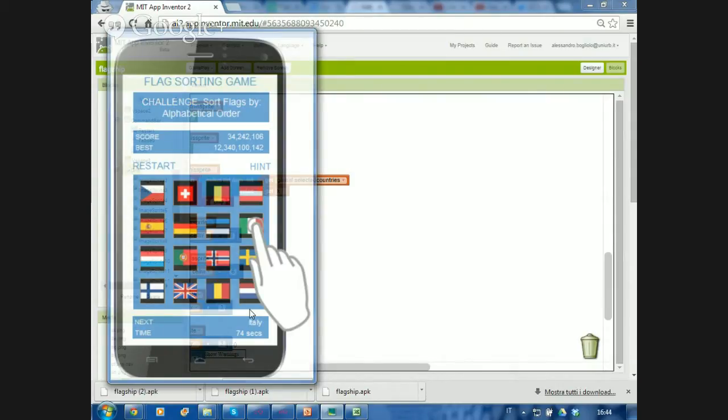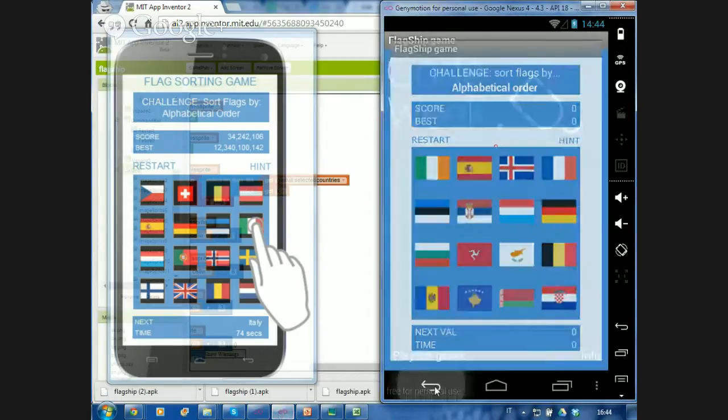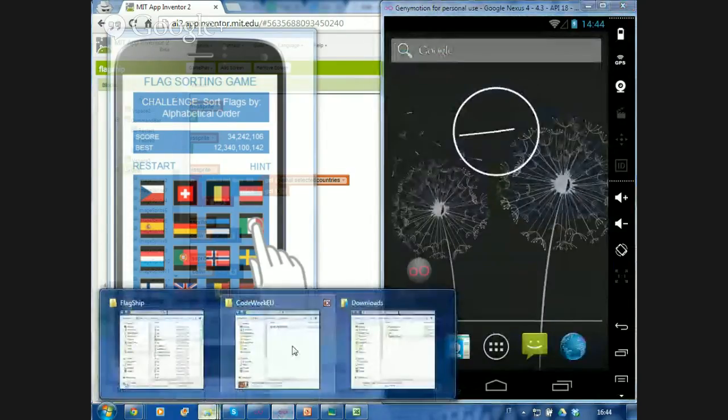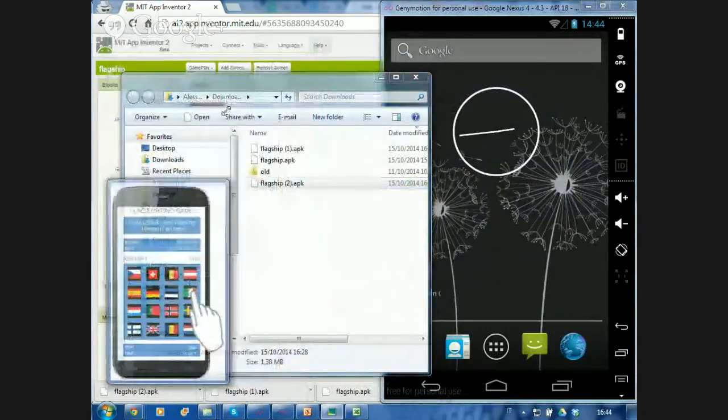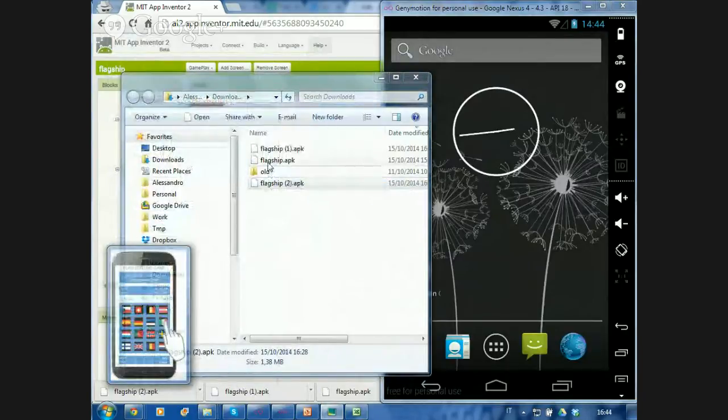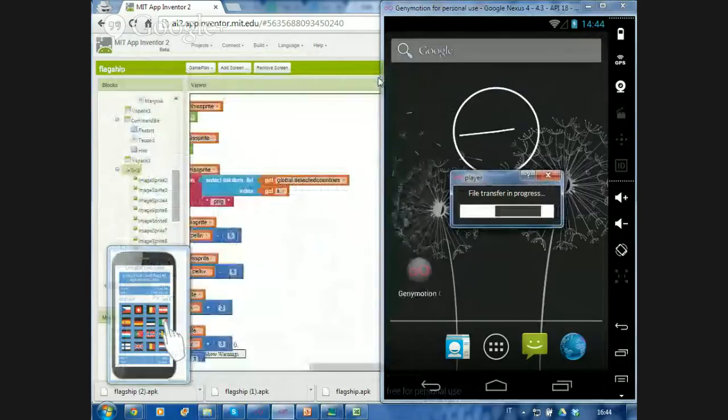Now we have to make it possible for the player to tap on the flags and to see if the taps follow the proper order, which is the alphabetical order according to the challenge that the game is proposing. So let me open up the emulator and show you the starting point for today, which is this one. Actually, I have to reduce the size of the mockup and to put here the last version that we